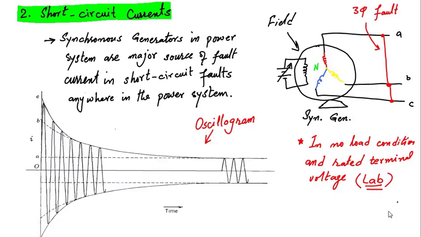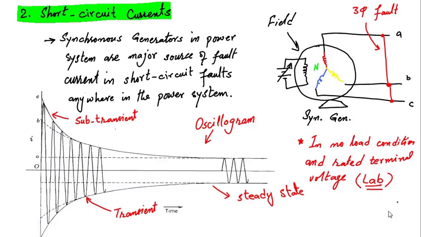If we look at this graph, there are three sections. At the start, in the first cycle, the current magnitude is very high and the rate of decay of current is also high, which can be seen from an envelope, the line joining the peaks of the first three peaks. Then it comes to another section where the rate of decay of current has slightly decreased, and then this current will become steady. There is no further decrease in magnitude. These three sections of this oscillogram are known as the subtransient, transient and steady state sections.